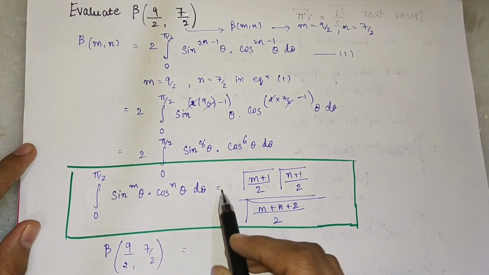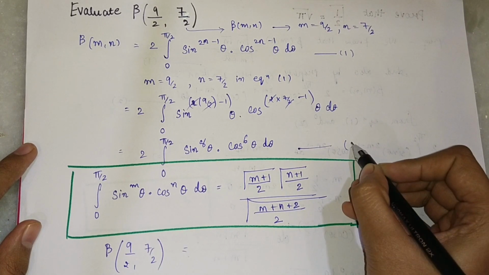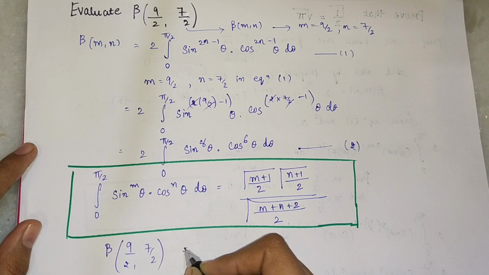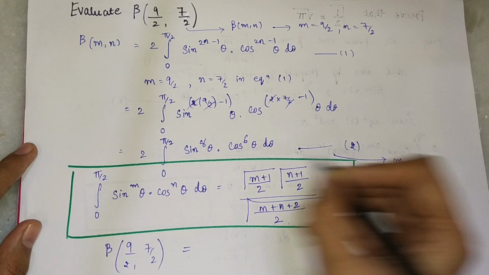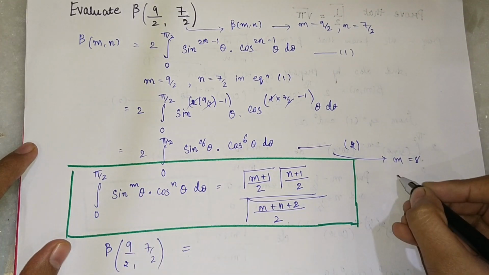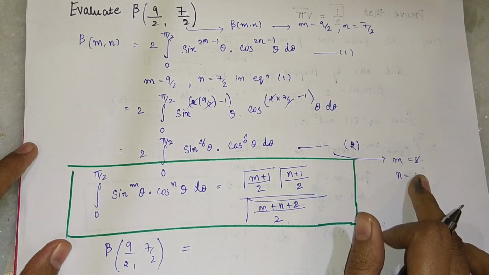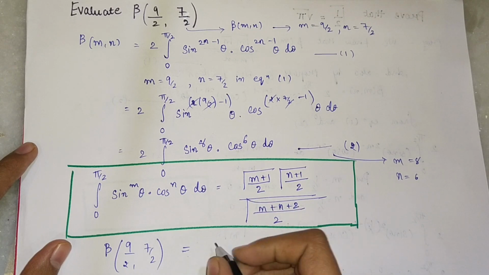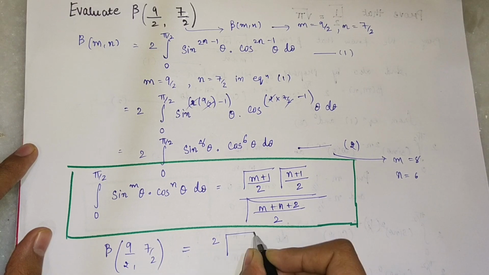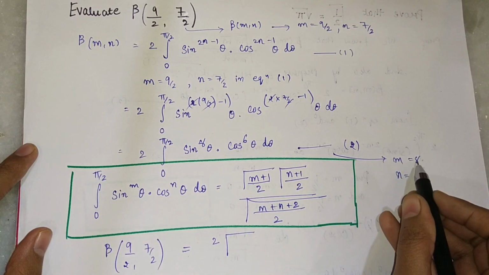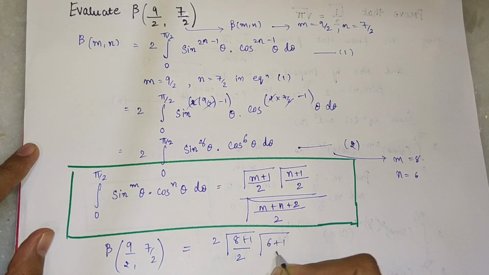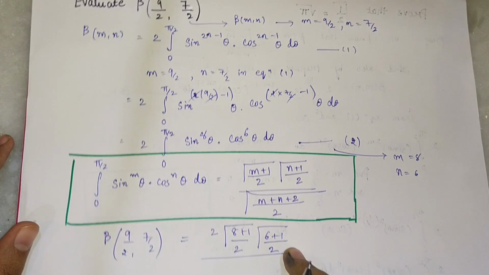from equation 2, we can say that our m is 8. According to this equation, our m is 8 and n is 6. So we directly have to put these values in this equation. So we will get, this 2 will remain as it is, 2, this m is 8, so 8 plus 1 by 2 and 6 plus 1 by 2 divided by